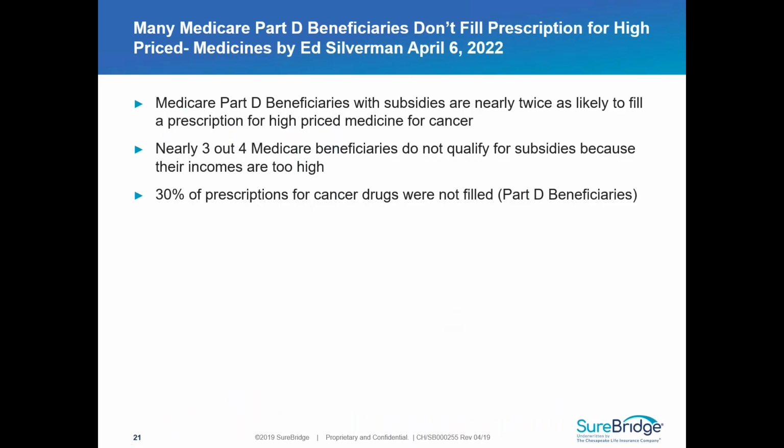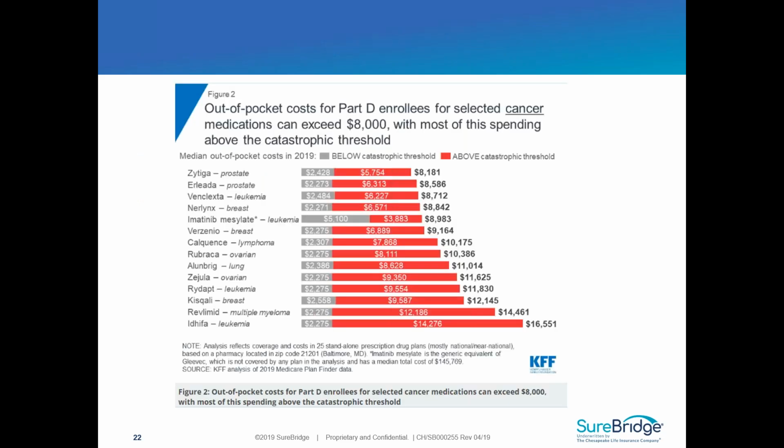In the over 65 market, this was an article from last year. It just said that Medicare Part D beneficiaries with subsidies are nearly twice as likely to fill a prescription for high-priced medicine for cancer. Nearly 3 out of 4 Medicare beneficiaries do not qualify for subsidies because their income is too high, and 30% of cancer drugs were not filled. That's sad, right? So we have people being diagnosed with cancer, but the medicine is too expensive, and so they're not getting it due to the cost. And I think that's a real problem, and we can come in with a solution for them